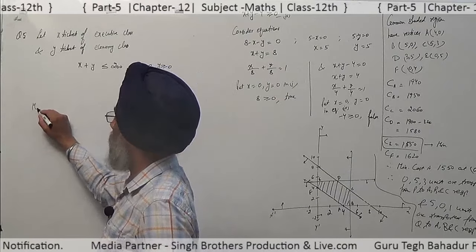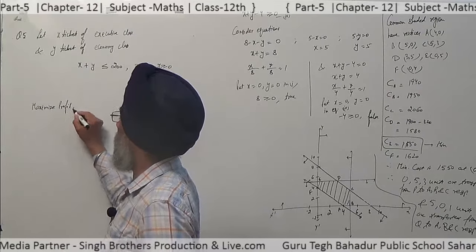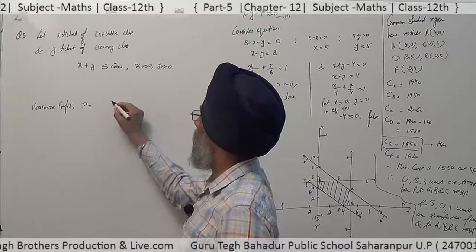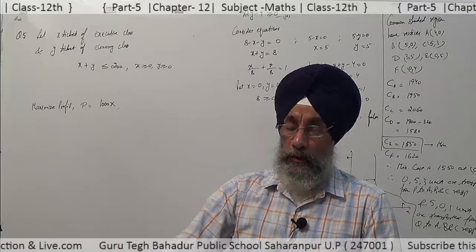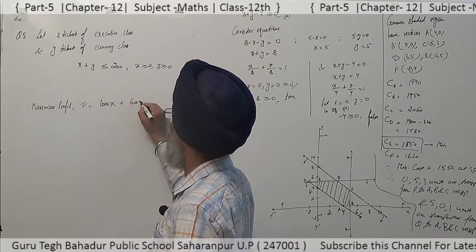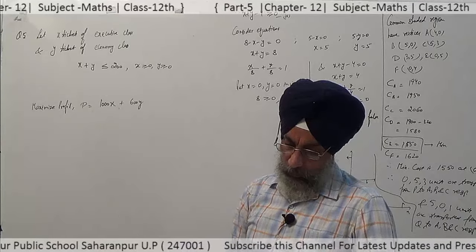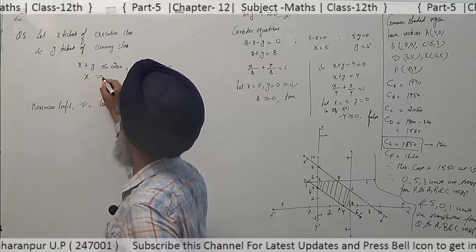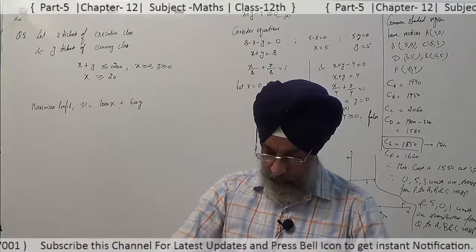If we talk about the profit, it must be maximized. But profit तो maximum ही होनी चाहिए ना. So profit कितना होगा? It is 1000 on the executive class, so it becomes 1000x because for one ticket it is rupees 1000. For X ticket it is 1000x, and then for that of the economic class it is 600y. The airline reserves at least 20 seats for the executive class. At least 20 means X is greater than 20. So they either book the seats 20 or more than that of the 20.